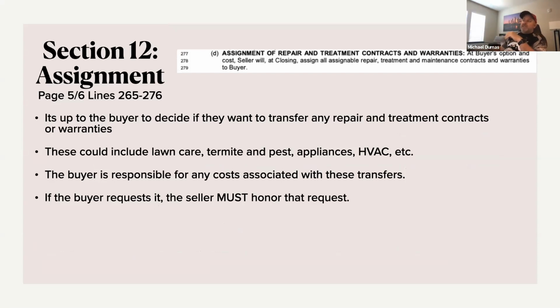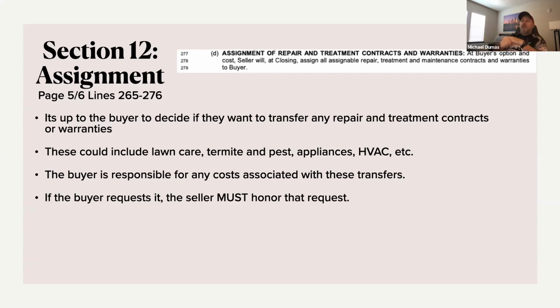Assignment of repair or treatment contracts. It's up to the buyer to decide if they want to transfer any repair and treatment contracts or warranties. I always like to ask my sellers, do you have any warranties in place or repair contracts? Termite, pest control, lawn care, pool care, water softener, appliance care, HVAC checkup, do you have an extended